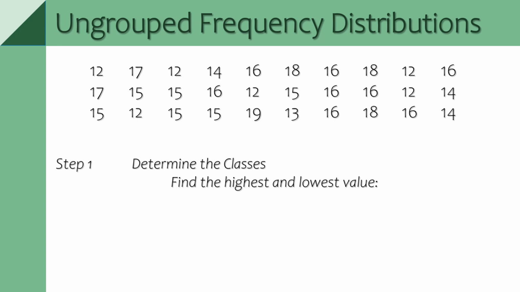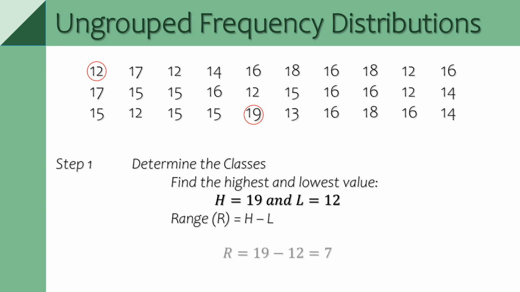Okay, so the highest is 19 and the lowest is 12. Okay, so get the range. Highest value is 19 and then the lowest value is 12. Get the range, H minus L. So that is 19 minus 12 is equal to 7. So kung papansinin natin 7, yung ano niya,